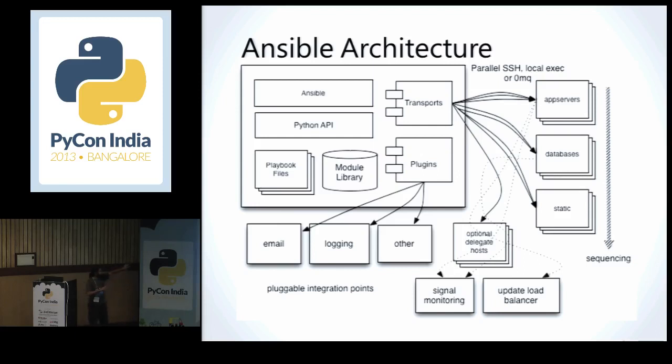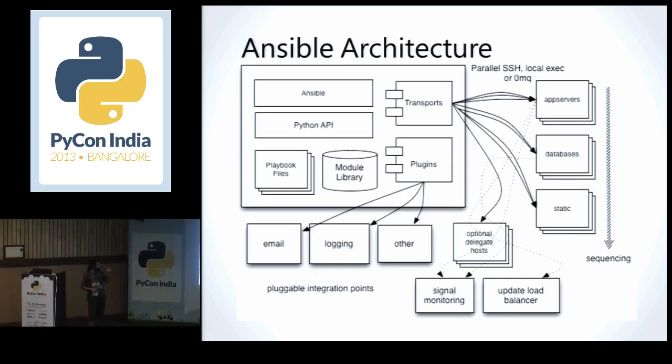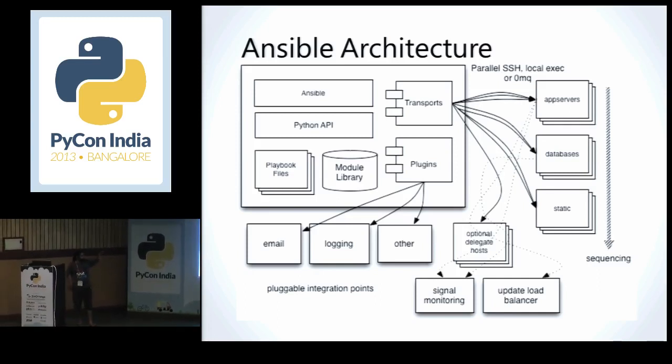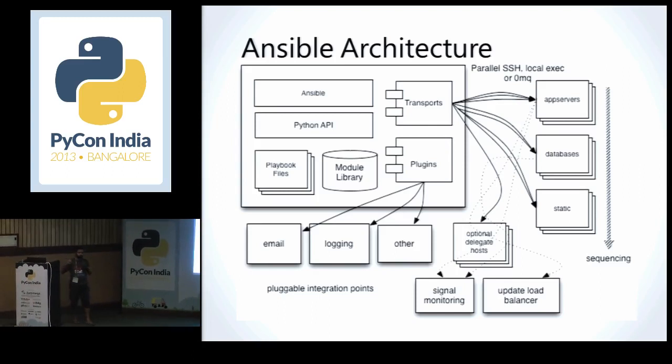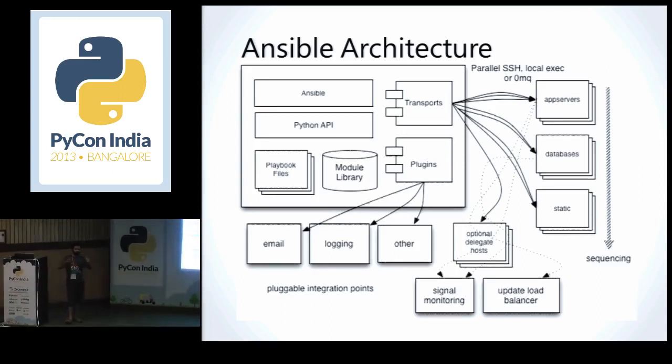pushed. So unlike Chef or Puppet, Ansible will run only on one central instance which will manage all your infrastructure. So this kind of a setup is not really scalable to a very high level, because as your infrastructure grows, the number of pushes that your Ansible will have to do will also increase. So there is an option for that. We'll have a look at it in later slides.